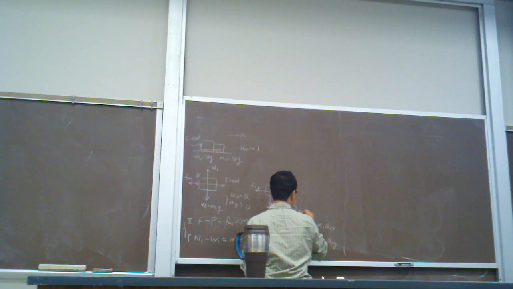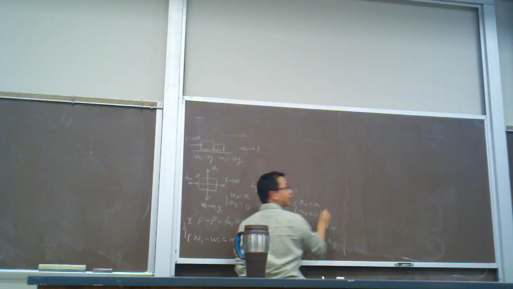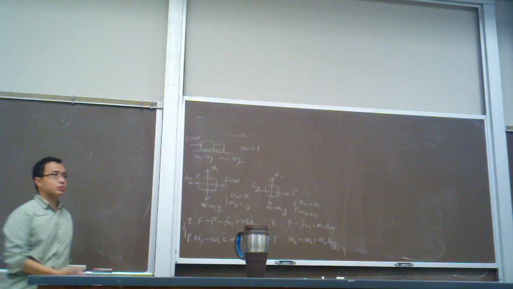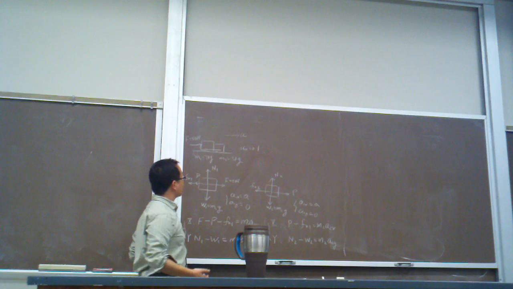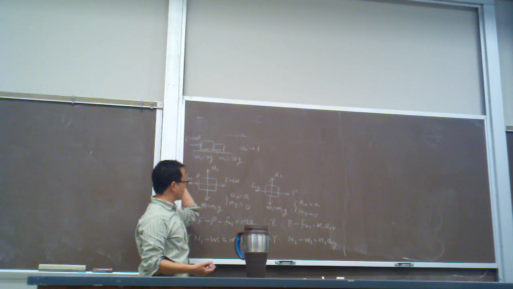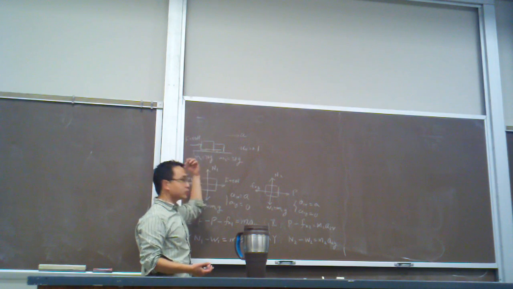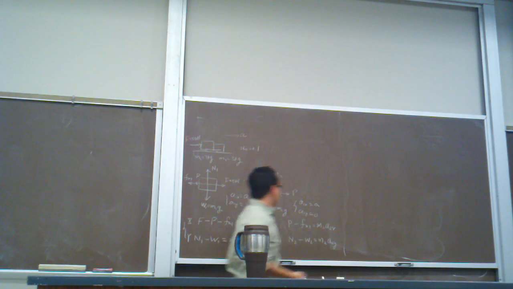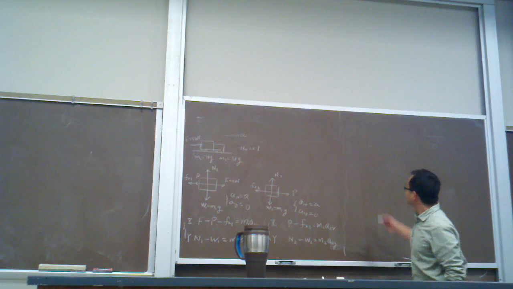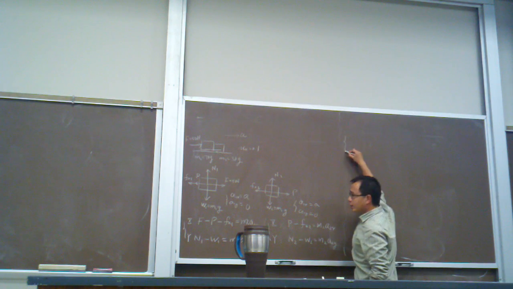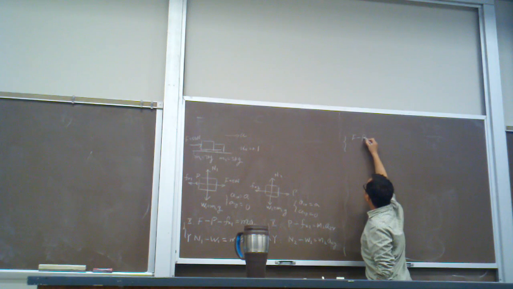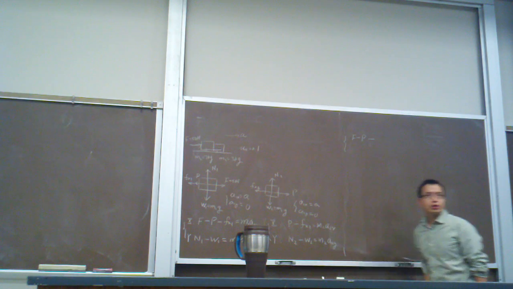Similarly, for this one, we should have A2y equals 0 and A2x equals A, right? So there is no y acceleration because there is no vertical motion, and they are connected with each other, so they share the same x direction acceleration, which is A. Okay, so we can simplify the equation here. It becomes F minus P minus,